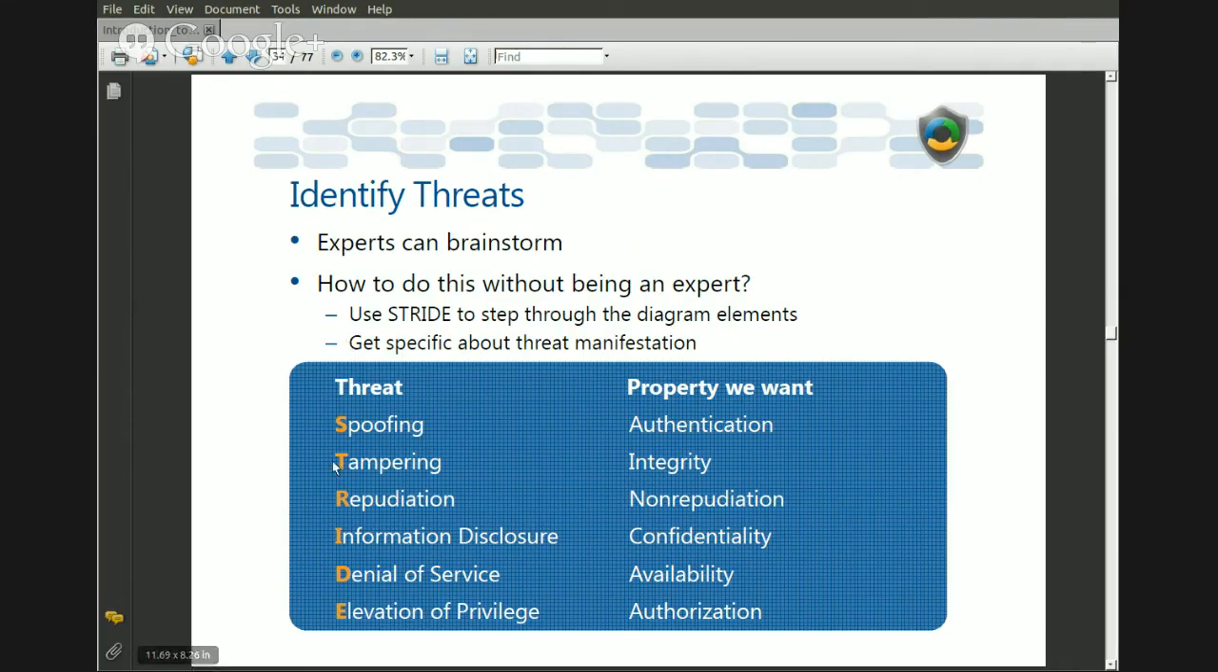And so here is showing various threats: spoofing, tampering, repudiation, information disclosure, denial of service, elevation of privilege, and then the property that we want. It's just showing the associated property that is wanted. What I'm going to do is share something else, and this is going to show you